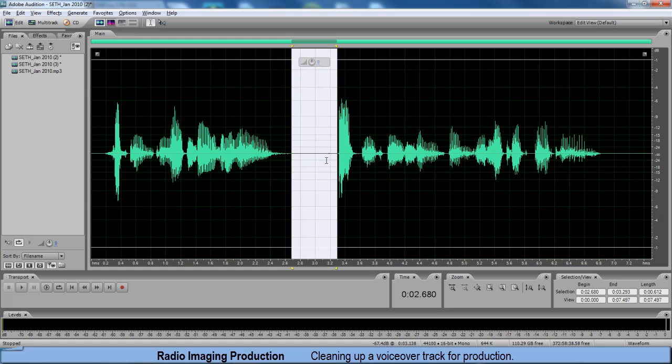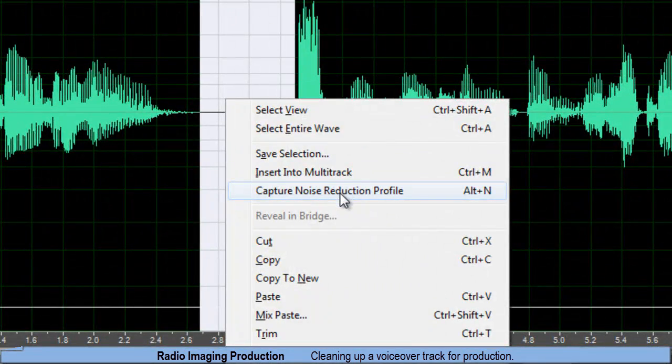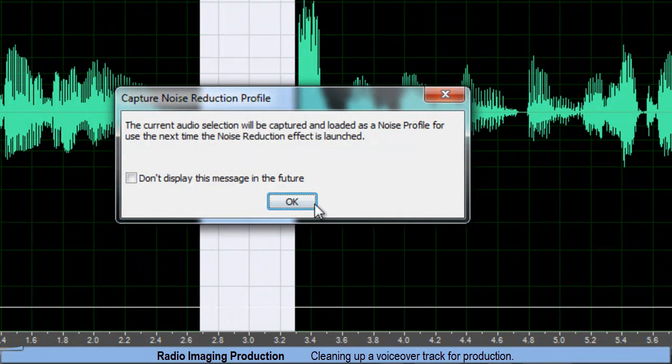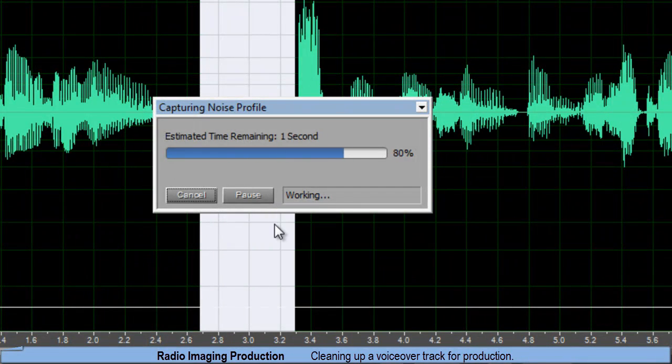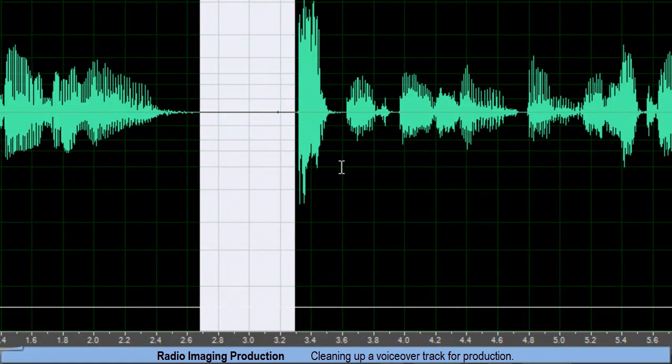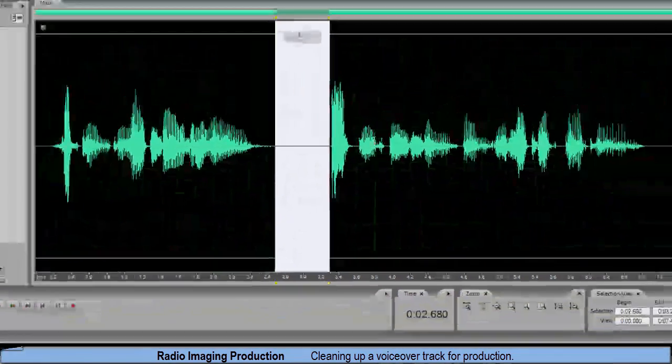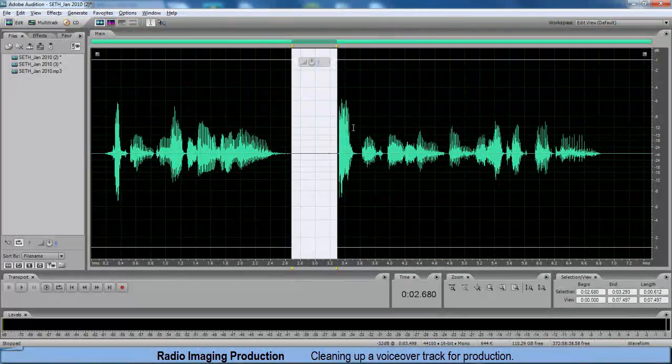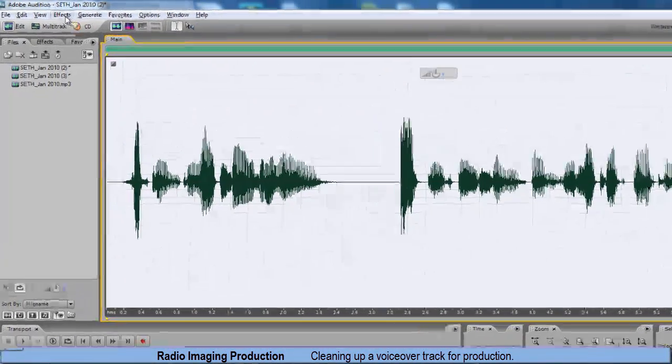In Audition 3.0, you can right-click and just hit Capture Noise Reduction Profile. It's very similar in other programs. You may just have to learn how to use the noise reduction feature. So you highlight a piece of the noise, and then all you have to do is double-click to select all, go to Effects,